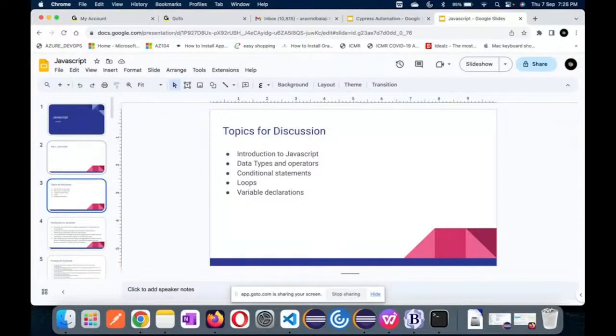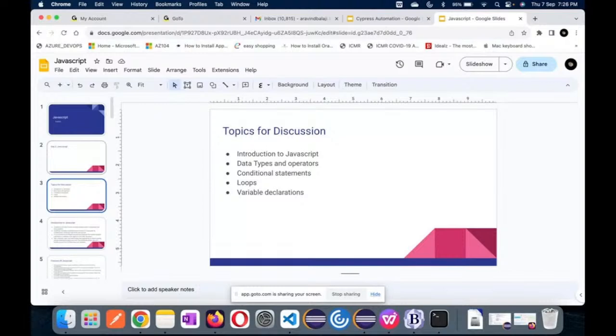Like, for example, what happens if everyone uses the same code at the same instance of time, and what happens if everyone uses the same code at different instances of time with an interval gap of 10 seconds, and what happens if I load a particular user with a lot of coupon codes, and what happens at the same time. So all these questions come into the picture, which makes JavaScript important along with your Cypress. Whatever you learn in JavaScript is going to be the foundation of your interviews,